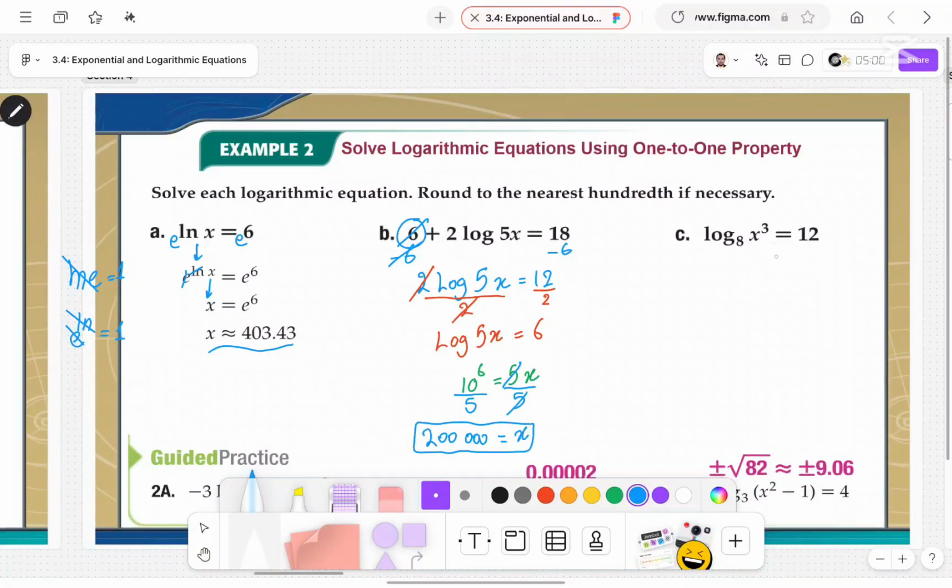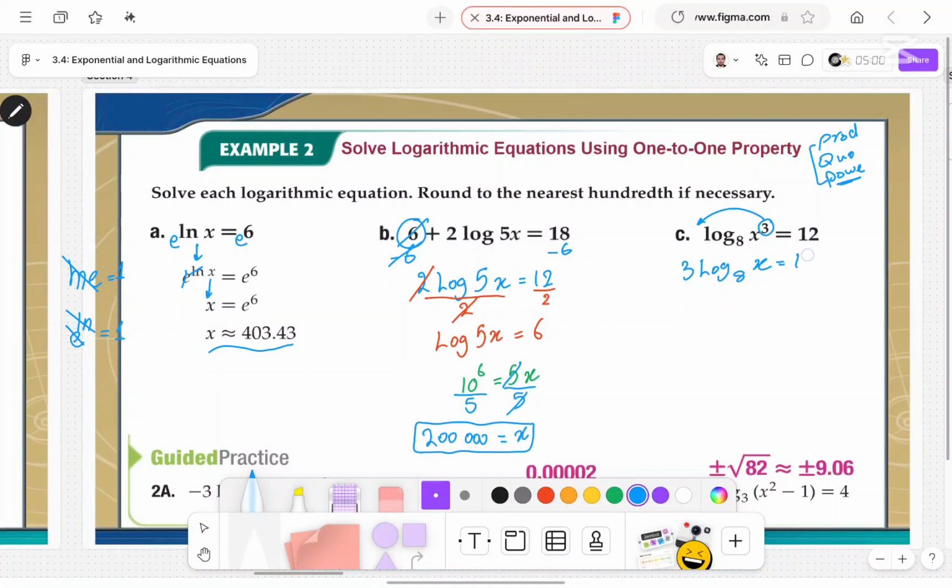Now let's solve the last one. The last one is easy and simple. We can just convert it to exponential from the first step, but don't forget, use the properties. We have a product property, we have a quotient property, we have a power property. Can I use one of these first before I simplify? Yes, I can use the power because I have a power here. I can take the power before the log. So it will become 3 log